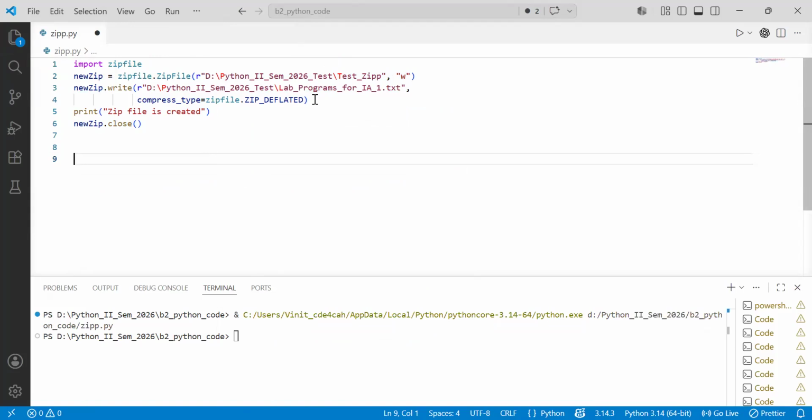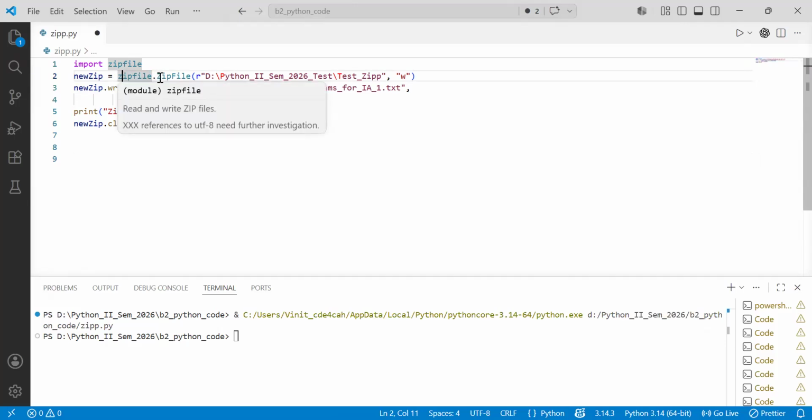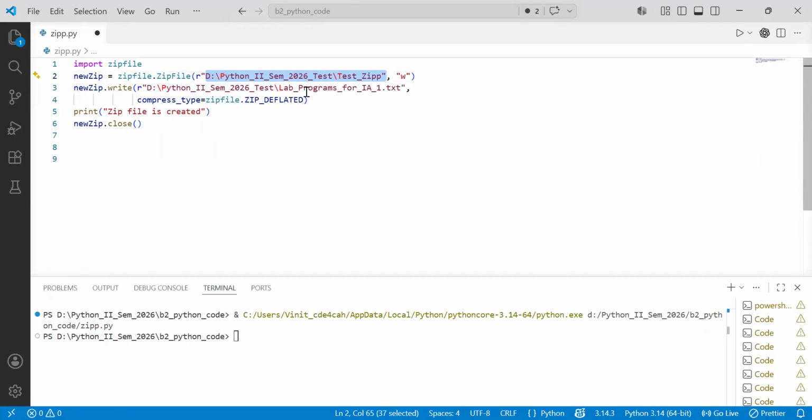So what I will do here, first, I will take one variable. I will use the module zipfile dot ZipFile method. I have pasted one particular location path, and I wanted to create the zip file with the name of test_zip. Then you wanted to write it, and inside this file you wanted to send,